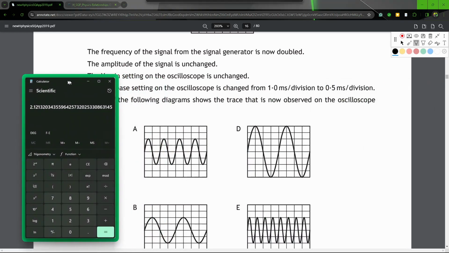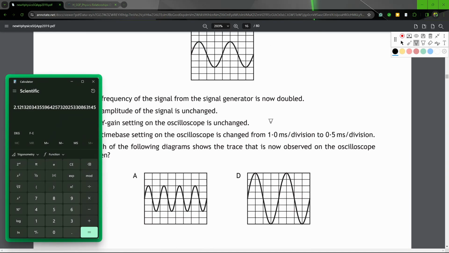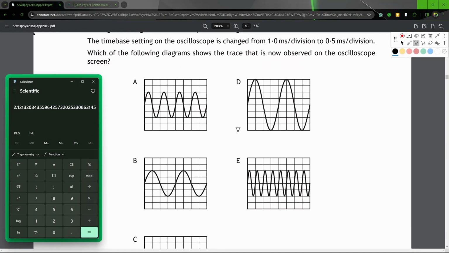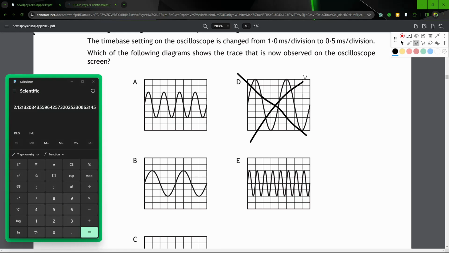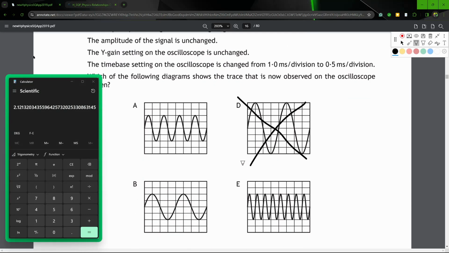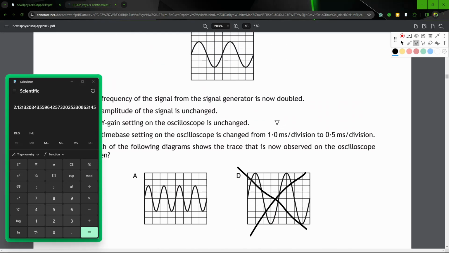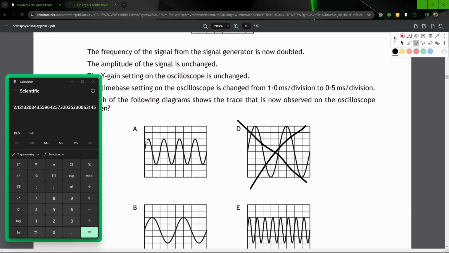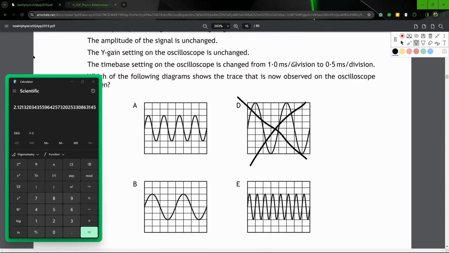Okay, well, this is another kind of logic one. So we can get rid of D. Amplitude's different, and we've already established that that's not the case. So if we increase the frequency, that means you'd have twice as many peaks, right? So there's only 2 peaks there. So you'd think it would be A, but remember, the time-base setting has been decreased, which means each of these boxes